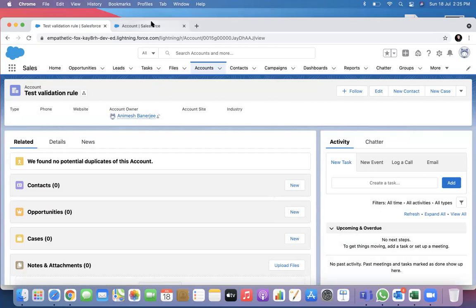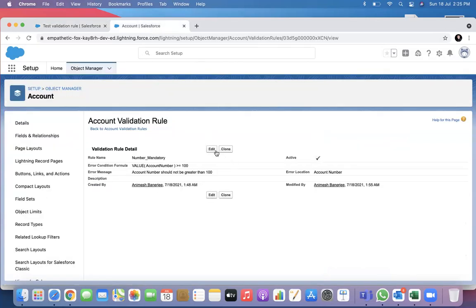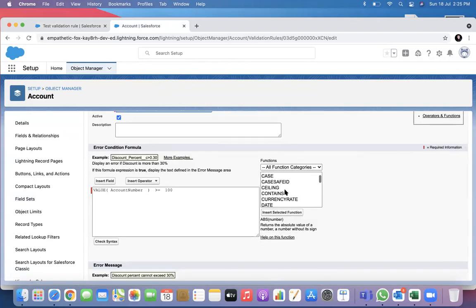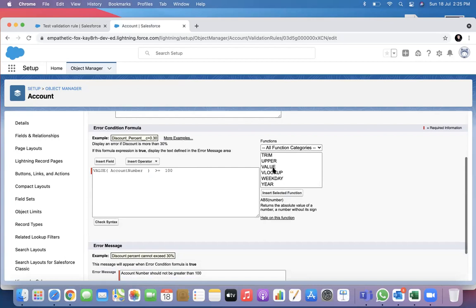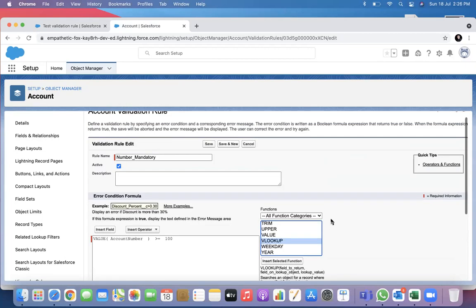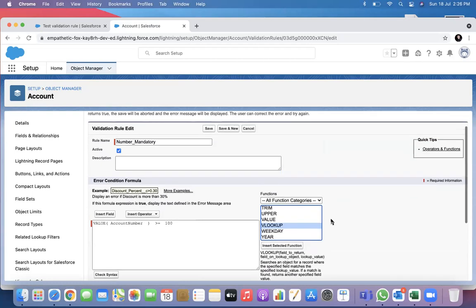There are several formulas. You can play around, understand what these formulas are doing. There can be many situations in which a validation rule will be used: mathematical calculations, VLOOKUP also. This is very exciting stuff which you can look at.